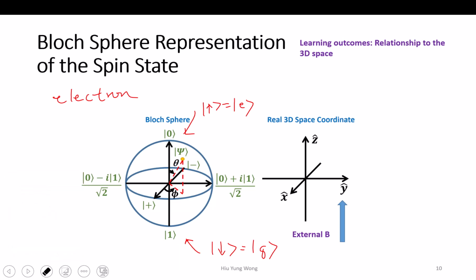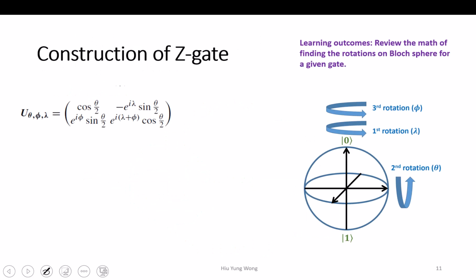But if yours is a proton, then it will be opposite. The bottom one is going to be the ground state. The top one is the excited state. Okay? It doesn't need to have the higher energy on the top, right? Because its B field will just embed into our 3D space, okay? So it's difficult to memorize. The point is I want you to be careful about this. Otherwise, you will get confused. And many people, when they discuss, don't really distinguish. Usually, you don't need to distinguish which one is higher or lower. Okay? Now, so